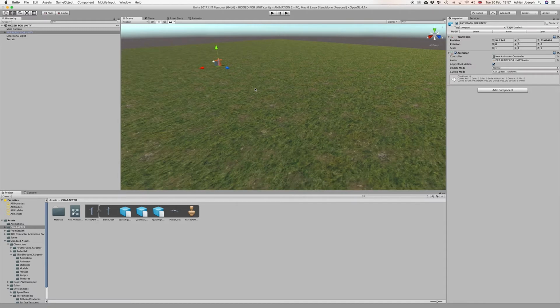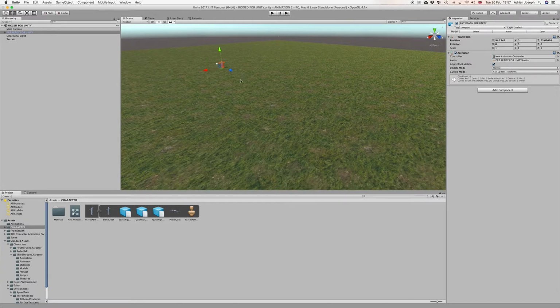And we can zoom in a little bit. We can see our character all ready to go in the scene. What we need to do is give this character some animations. First of all, Unity has inbuilt animations, so I'll quickly show you that. If we go to Animator